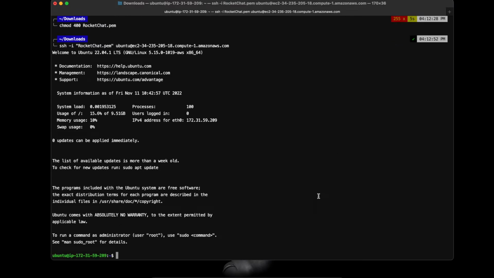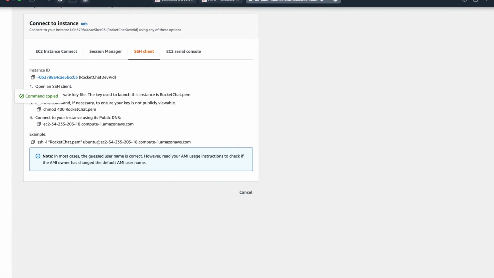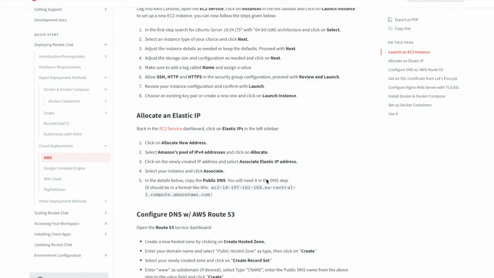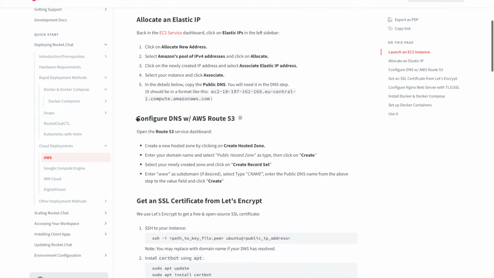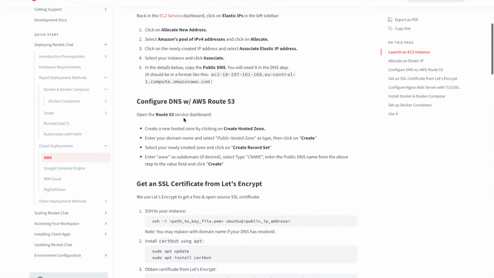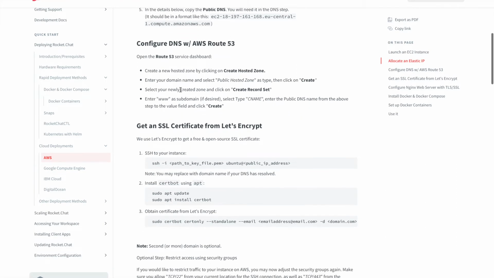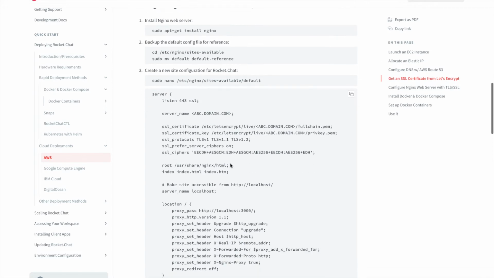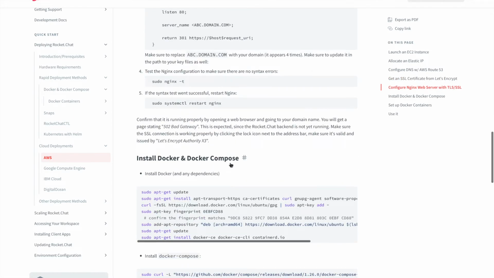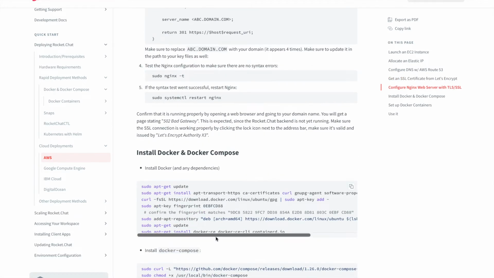Now let's set up our Rocket.Chat server, right? The Rocket.Chat development server. Okay, so fine. This one is not so important, because we don't need to do any SSL thing at all. This one is not important. This one is not important. This configuring nginx, not so important. Okay, we are not doing that. So what you need to do is